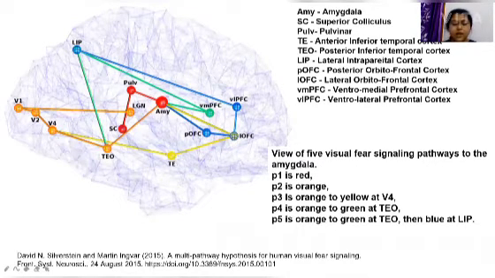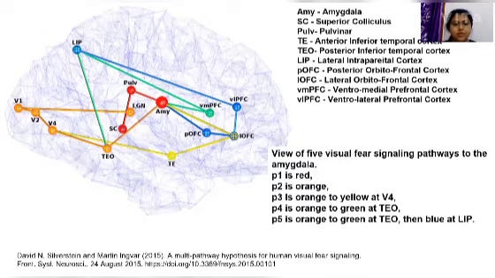In this paper they have told that there may be 5 pathways that help in fear signaling. The first pathway, P1, is the low road, which I have discussed earlier, and the other pathway P2 is from the lateral geniculate body to the amygdala via V1, V2, V4, and posterior inferior temporal cortex, and another part is from V4 to the anterior inferior temporal cortex, and then the lateral orbital frontal cortex to